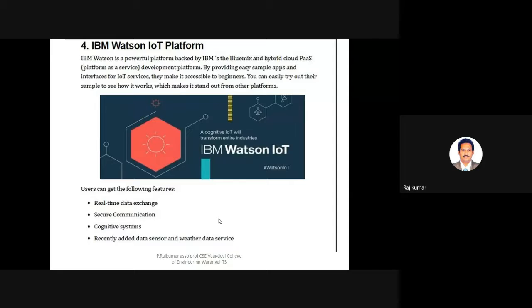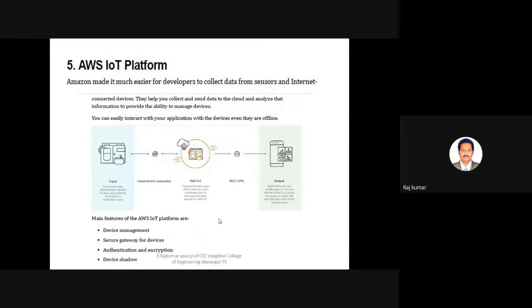And they have recently added the data sensor and weather data service also. Because so many parameters will be taken into consideration while forecasting the weather, you can use different mathematical models and forecast the weather readings. We'll also see more about IBM Watson in the coming sessions.